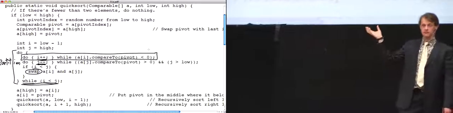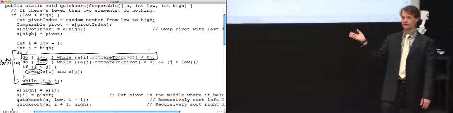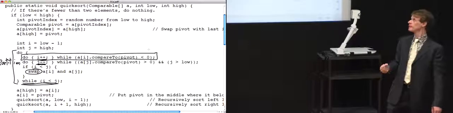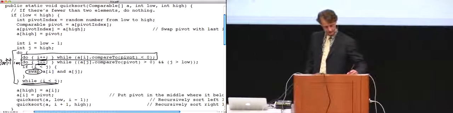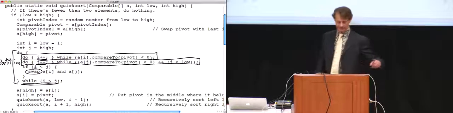So this is a very small, simple inner loop, and that means the compiler can make it run very, very fast, especially if you have a good optimizing C compiler. And likewise, the loop that goes backwards and does J is almost as simple and runs very, very fast.